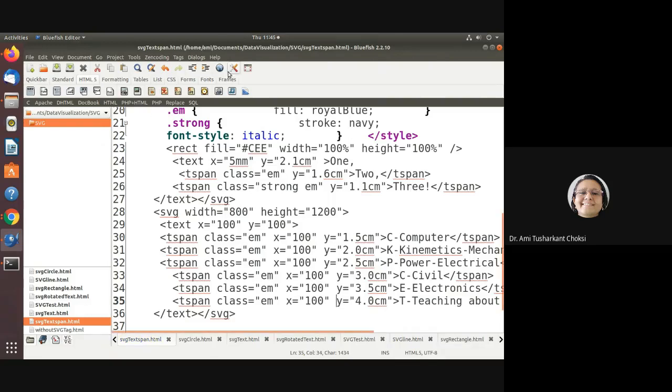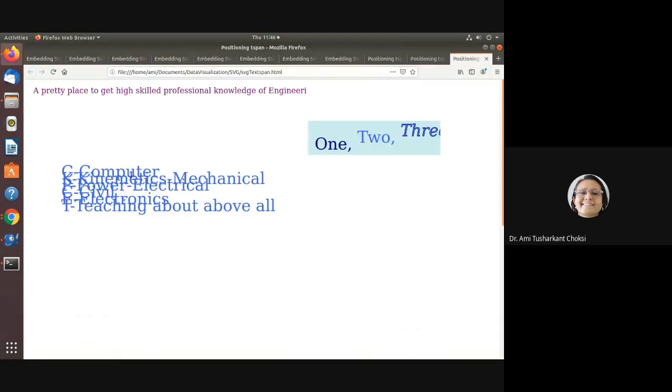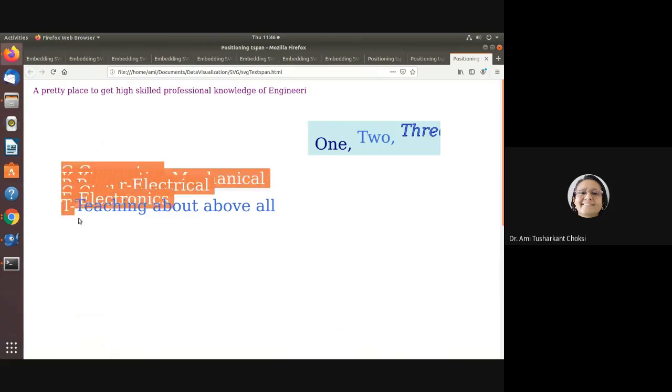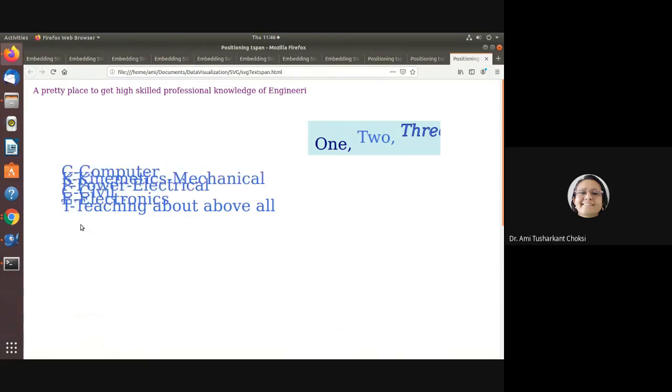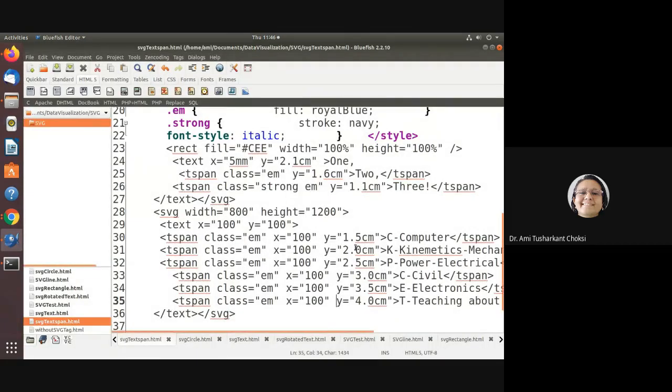Preview it in the browser. It is a mix of all these things, isn't it? But still we are able to see all the text, isn't it? And starting from the same x. Fine. So now what we have to adjust is whatever we have set. So let me show it the same way we have done before.